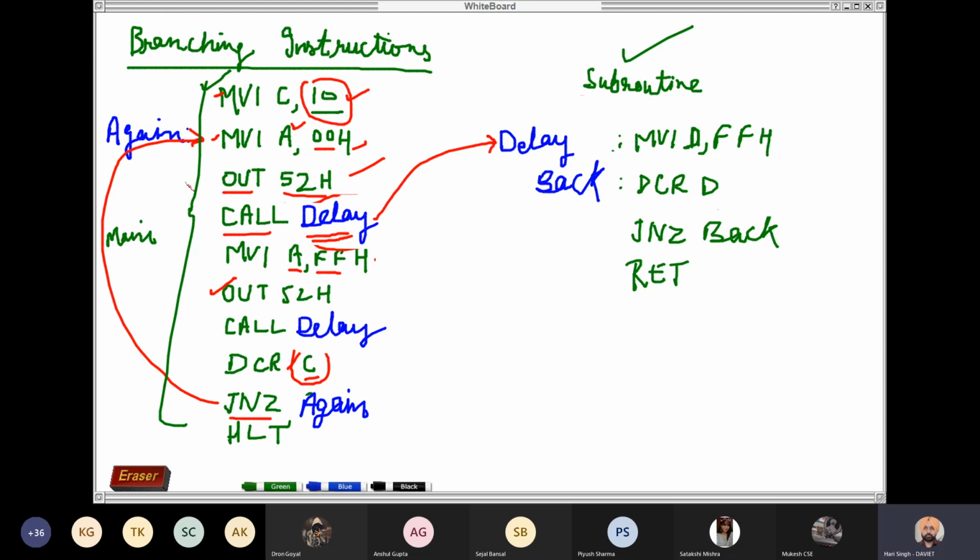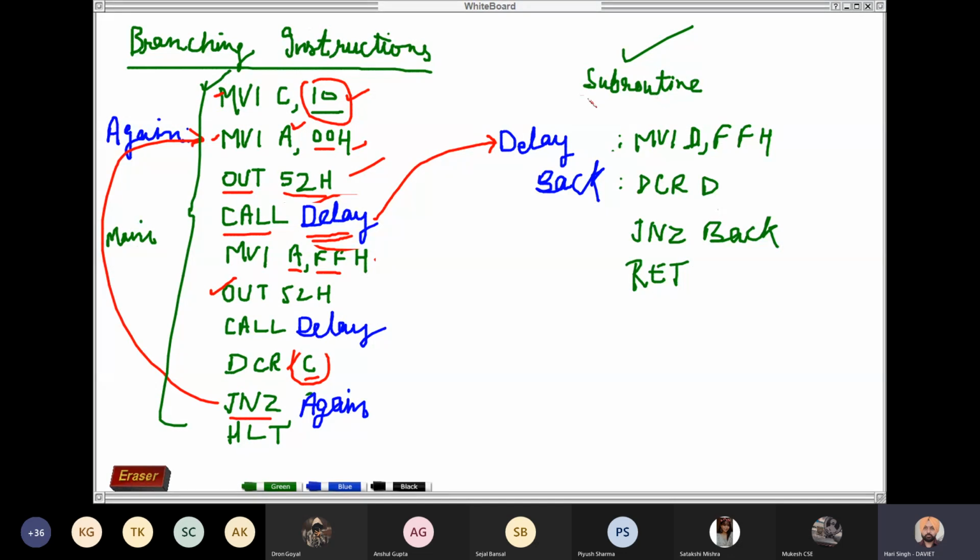This call instruction will break the normal sequence of the program. Generally, the program is executed from top to down: first line, second line, third line. Now this will break the sequence, and the control will be transferred to the delay subroutine.